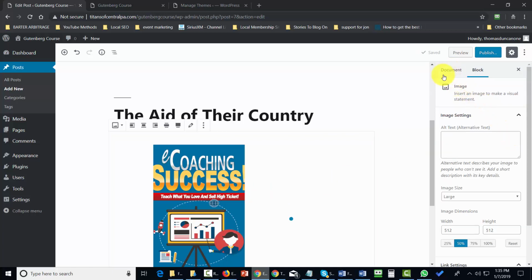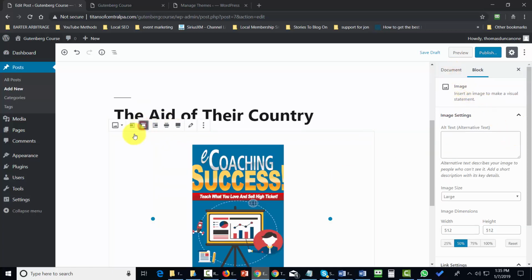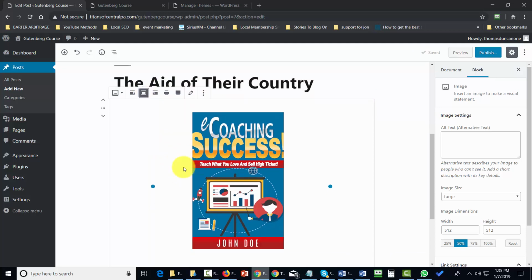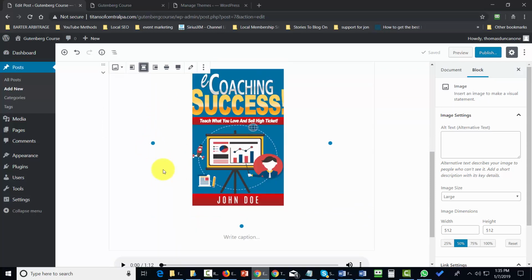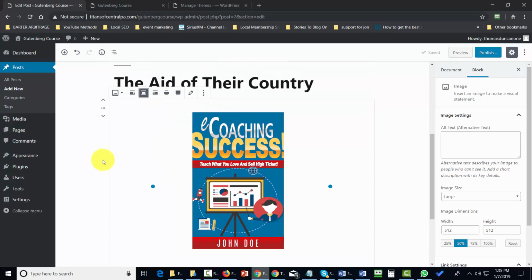So by manipulating your block settings, as well as moving them up and down on the page, you can have different elements appear on your site where you want them. And so one way to achieve this is whenever you have a major change in what you're doing, you can place that content inside of its own block and then experiment as to where you want that particular content to